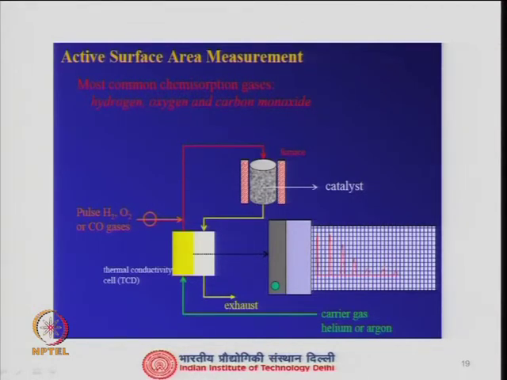So, the idea is that after pretreatment of the sample, right, you give gas, and this will be a function of temperature. So, chemisorption is very specific in action. So, at a given temperature, right, you give the pulses of hydrogen, right. Once the catalyst is well reduced, give the pulse of hydrogen, and then look at the response, right. So, allow it to chemisorb, right, and then you stop, right. Once you see that the chemisorption is complete, you will see that nothing gets adsorbed after that, right.